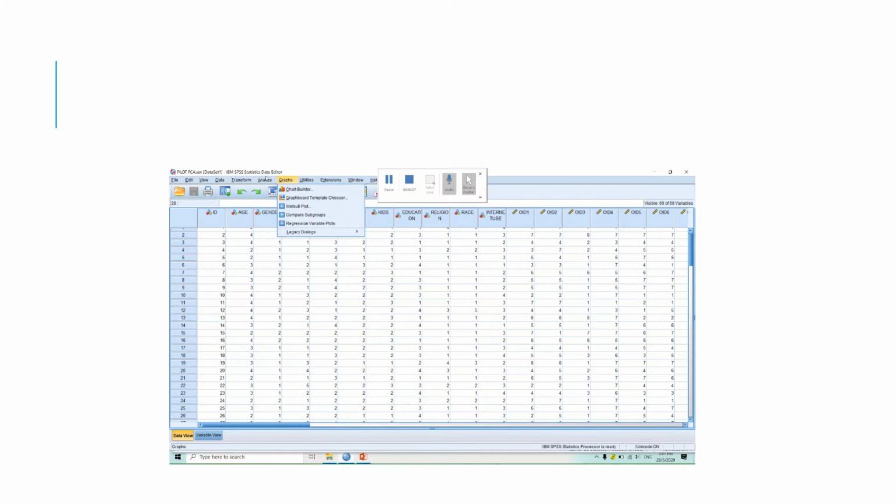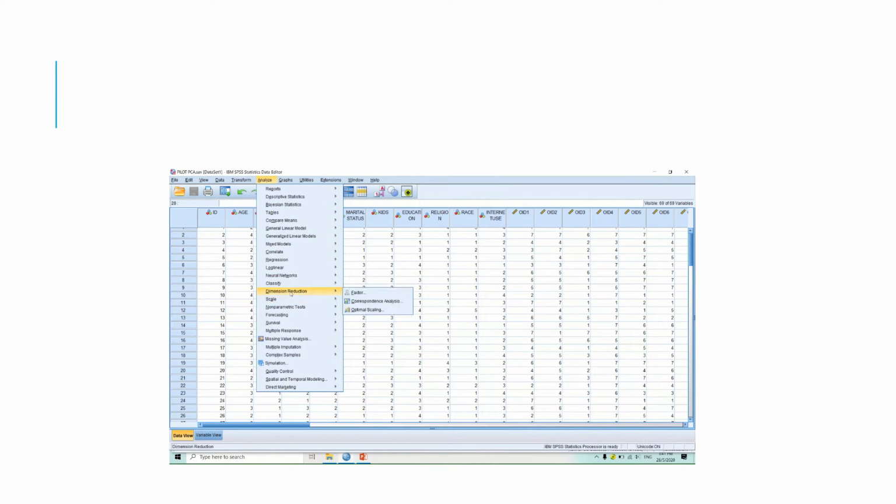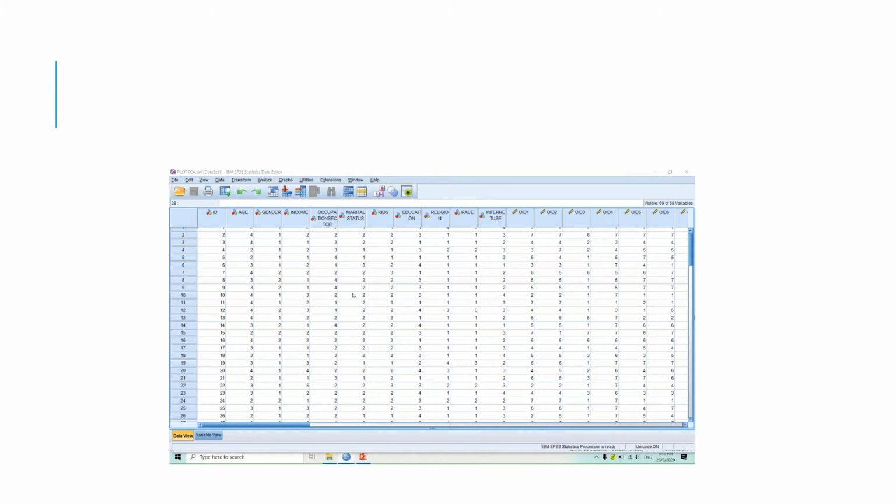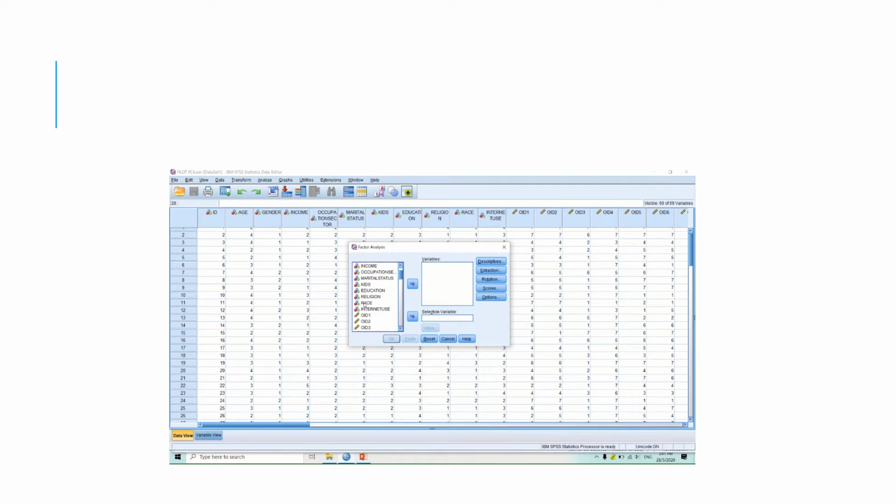So I will demonstrate how to do EFA. We go to Analyze, Dimension Reduction, Factor. Just select all the items that we want to do EFA. In my case, OID up to self-efficacy. Go to Descriptives,